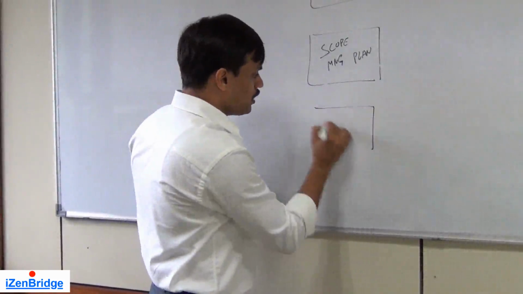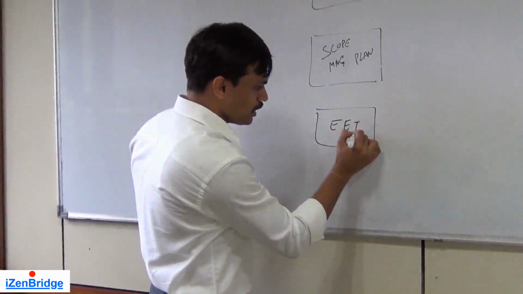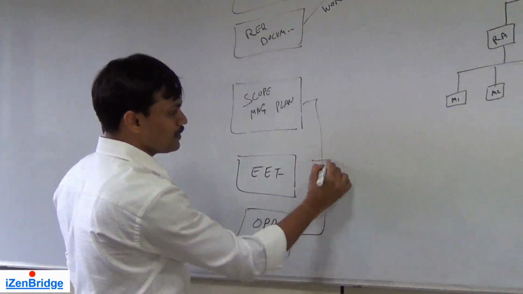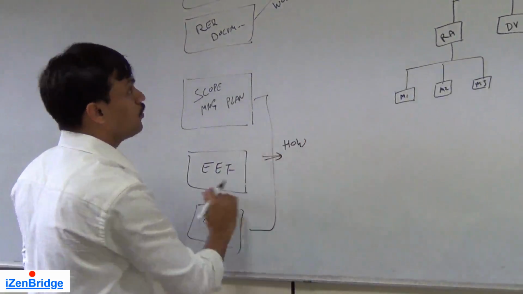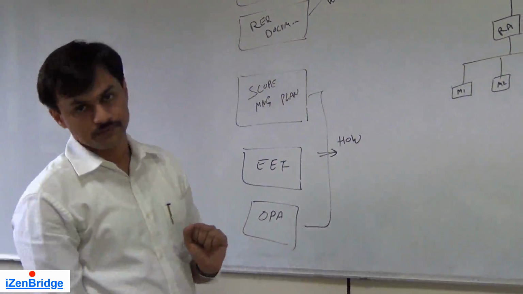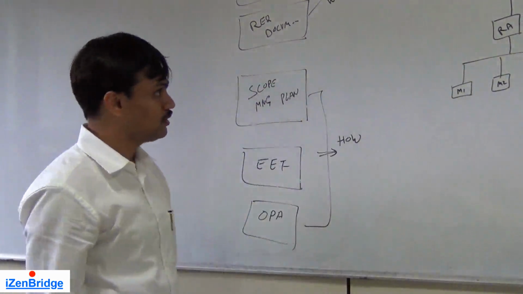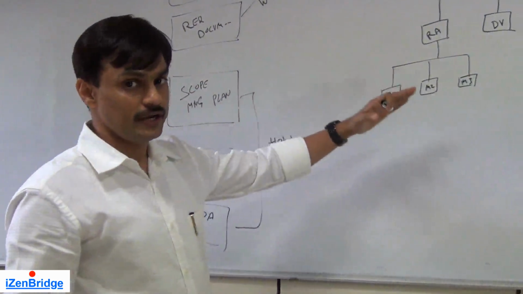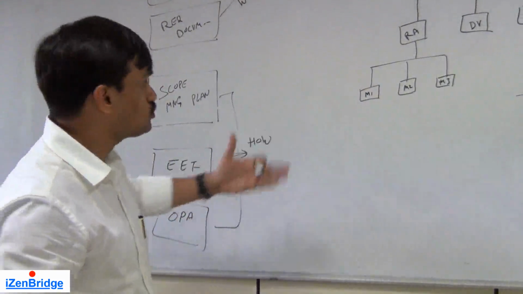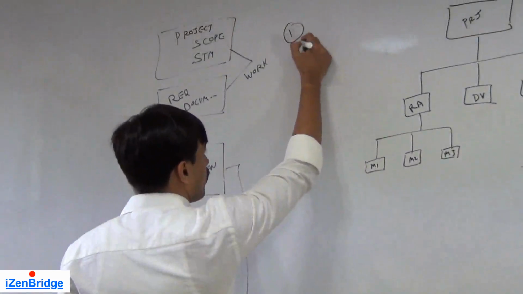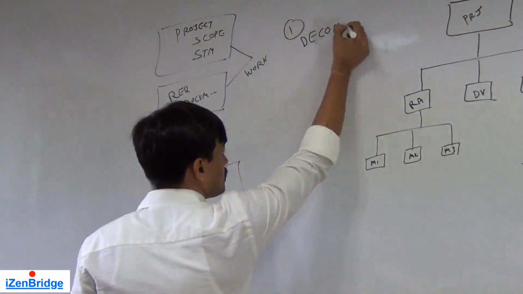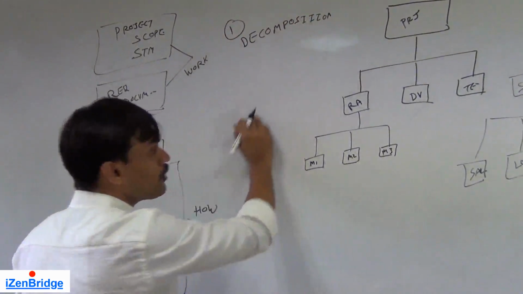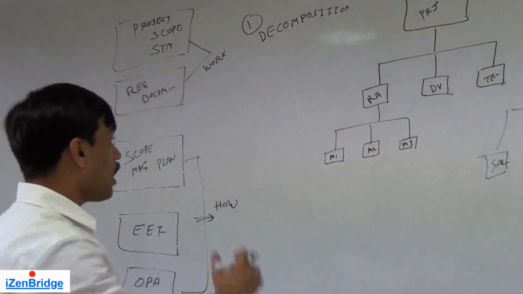And we follow enterprise environmental factors and organizational process assets. In general, they all help us in finding out how to create this particular work breakdown structure. When we talk about tools and techniques, a problem needs to be divided, subdivided or decomposed. So the first tool and technique which comes into the picture is called decomposition, meaning dividing the work into small manageable components. That's it. So how do you do it?